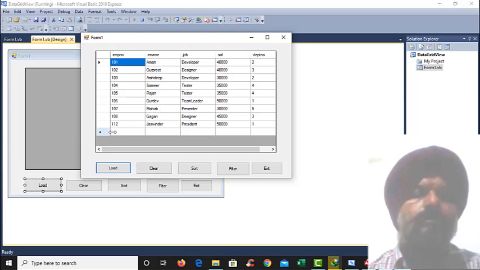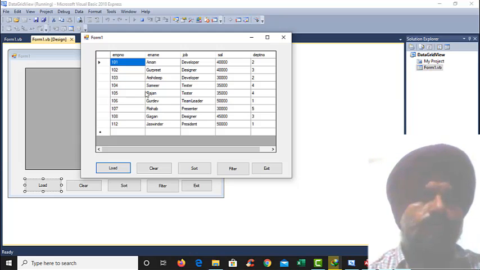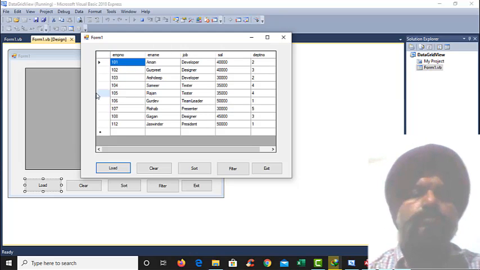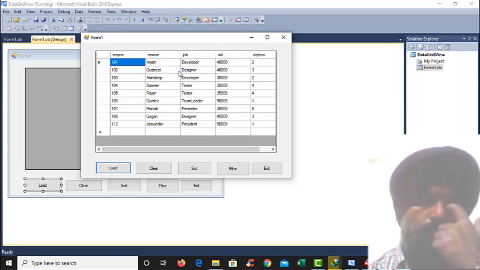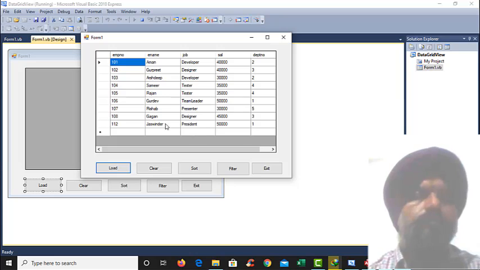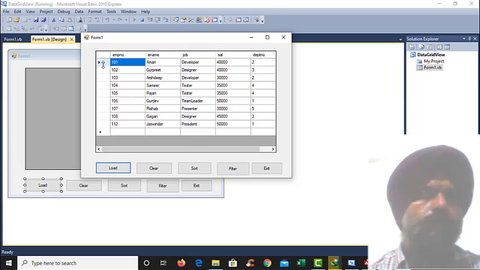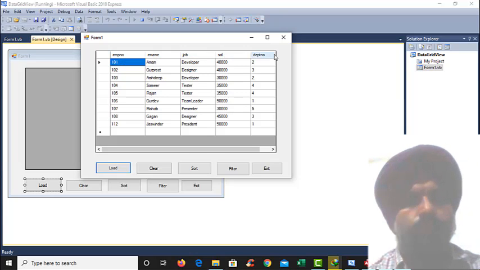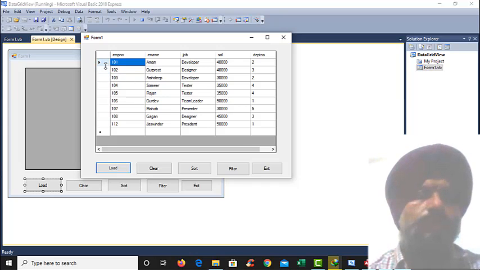Now we can discuss the data grid. Basically, the data grid works like a matrix. It has a number of columns and a number of rows. Similarly, every column has a value. This is the 0 column, 1 column, 2 column, 3 column, 4 column, as we write columns in a matrix. Similarly, this is the 0 row, 1 row, and so on.